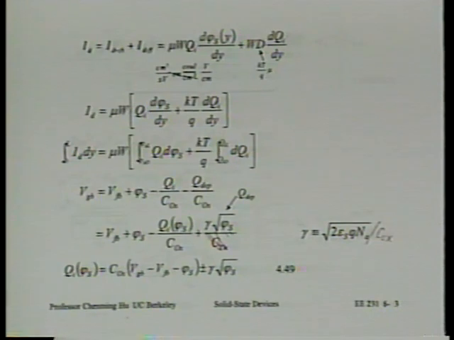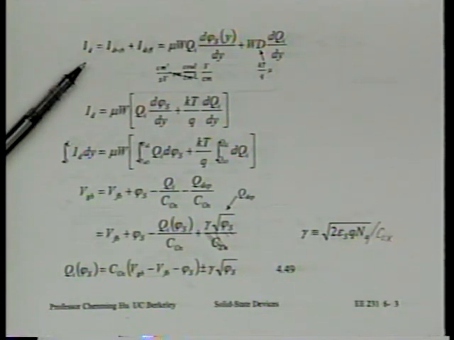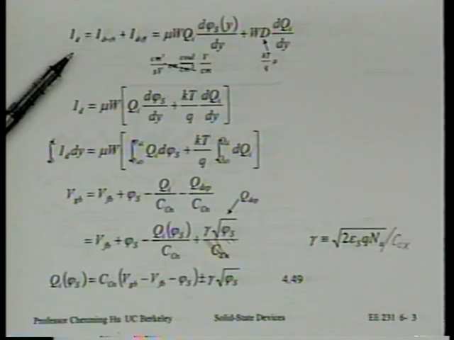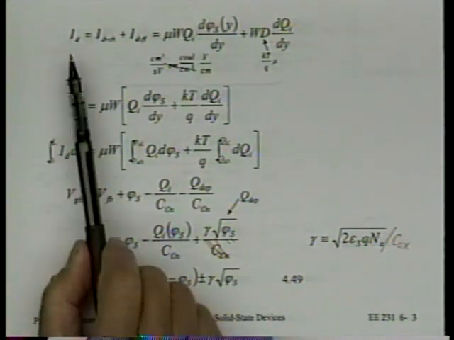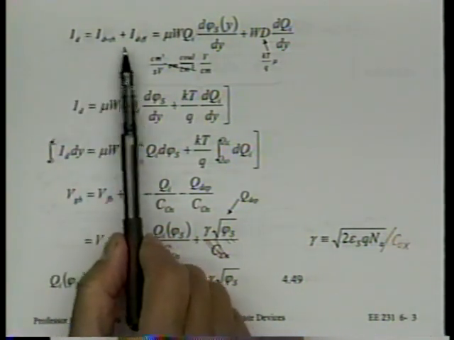Now we start with this equation. ID is made of two parts. It's made of a drift current and a diffusion current. So in this review that we did last time, we only looked at the drift current. We did not consider diffusion current. And partly because of that, we would not have been able to derive the correct equation for the subthreshold current, all right? So here we carry the drift current and